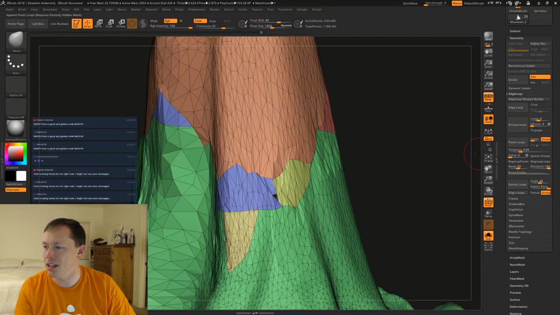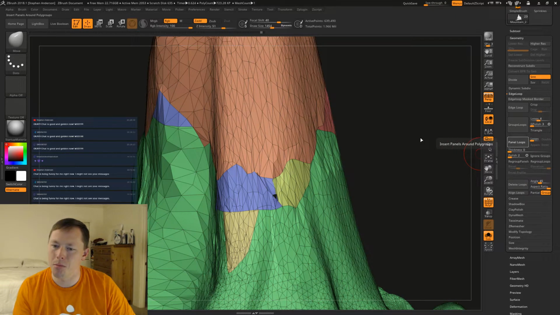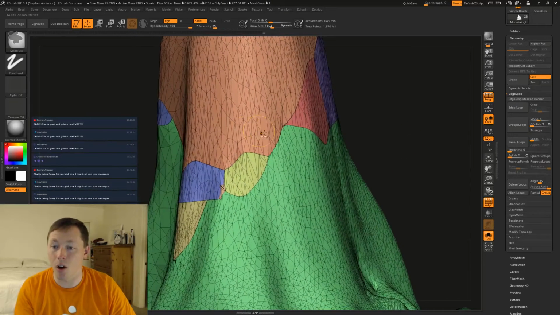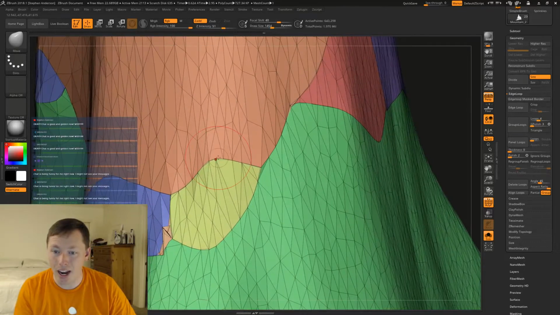So instead of doing that, let's try using our panel loops, see if we can get anything that we like. Okay, I don't want any thickness. Polish, let's take that way down. Panel loops. Did it already work and give me something that I like?